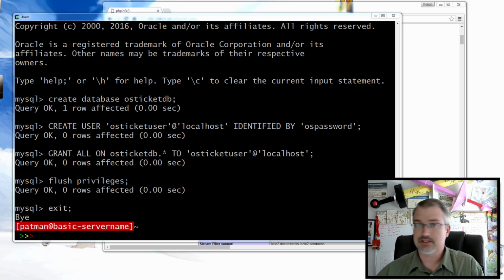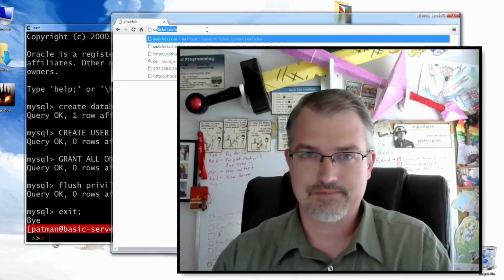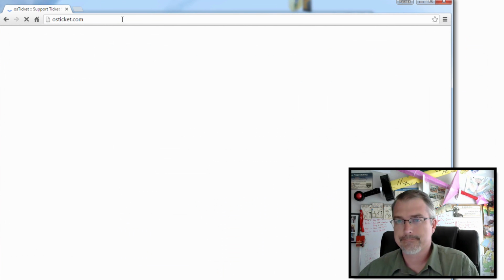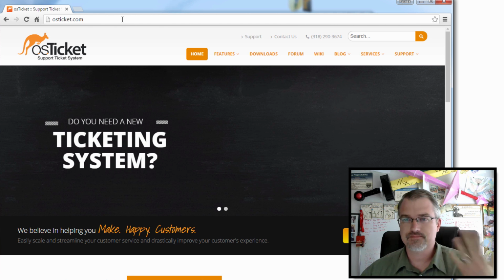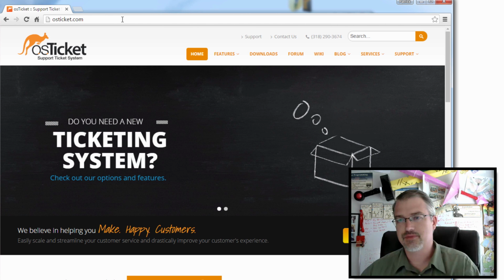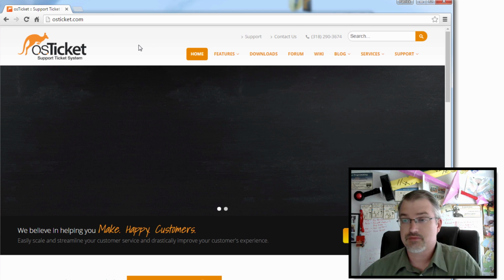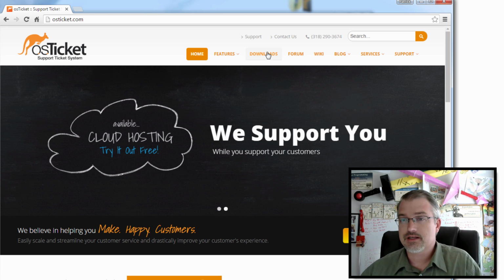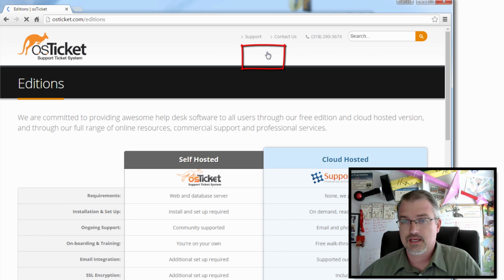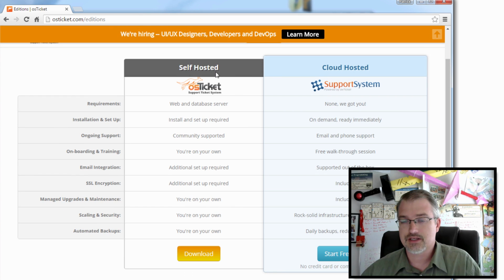Okay, so the next thing we're going to do is actually download osTicket. Now I need to install osTicket. So the way I did it is I went to osticket.com. osTicket is the open source version, and there's a paid for version. You want to download the osTicket unless you want to pay for support. If you want to pay support, go for it. They seem to be a good company. So go here, click on downloads, and there's the self-hosted right here and the cloud-hosted. So on the self-hosted, you'll just click download,